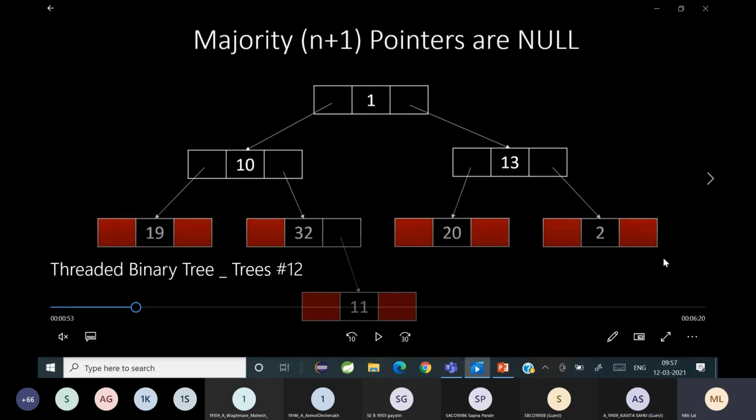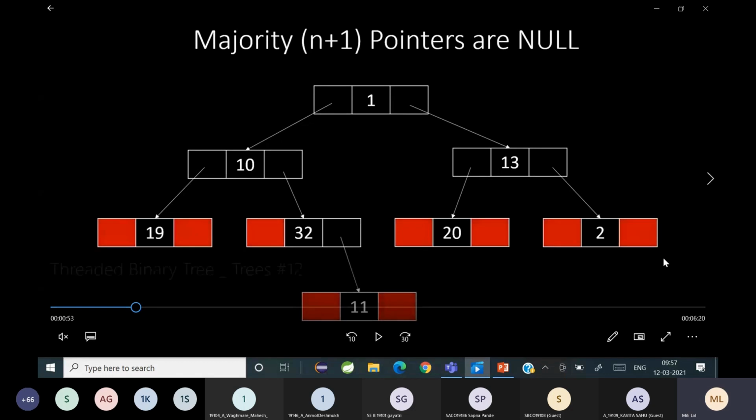Yes, ma'am. So what does that indicate? You have a node with data, left and right, so that part is going to be assigned null. But even if it is assigned null, you have to reserve memory for that. So to place a null value, you are actually wasting memory.